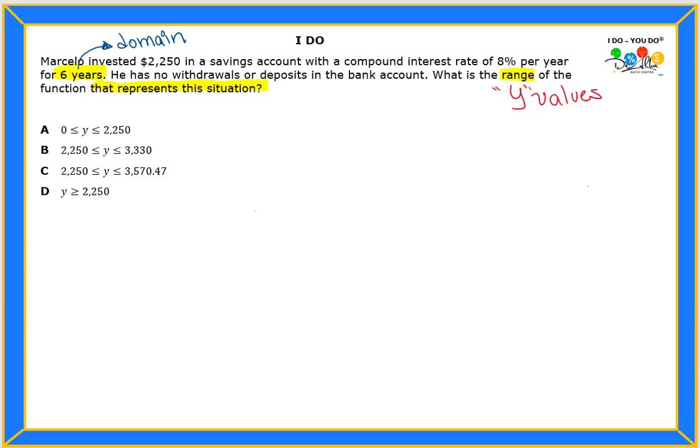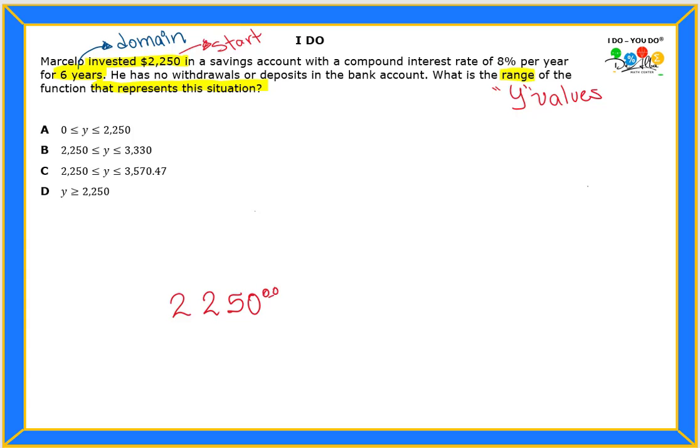So every year that goes by is going to affect how much money is in the account, which is the y values, okay? So it says that he invested $2,250. That means that's how much money he is going to start the account with. That's what we call the starting value. Is that right? So in the account, he's not starting with $0. He's actually starting with $2,250, right? So the least amount of money that he's going to have in the account then is going to be